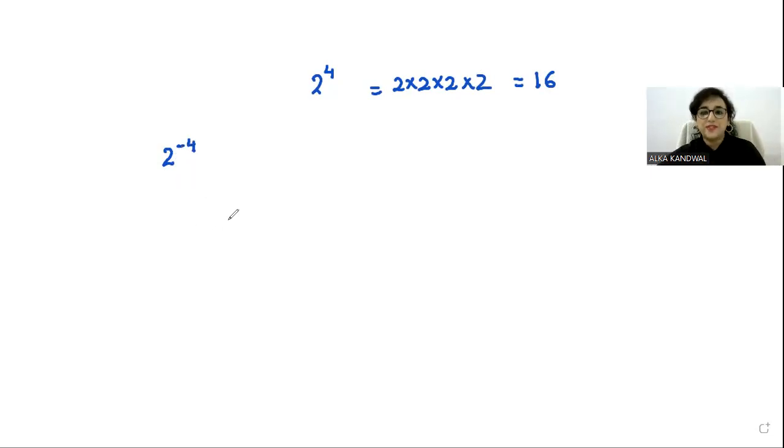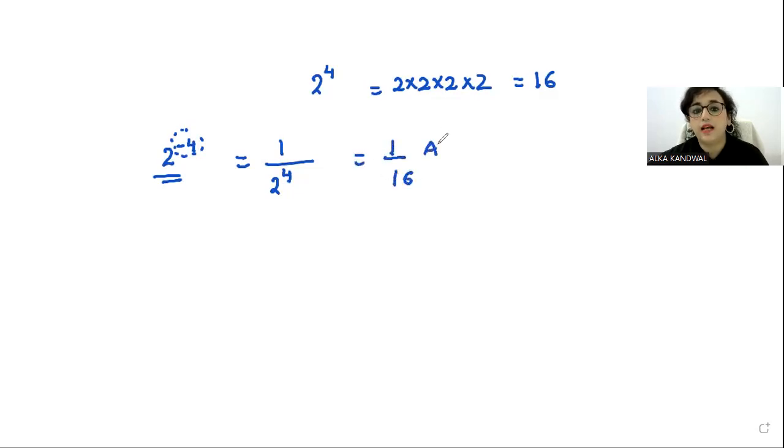जी हाँ, जरूर हो सकते हैं. So how do we represent this number as 1/2 to the power of 4. मतलब कभी भी आपको ये जो नेगेटिव एक्सपोनेंट है इसको पॉजिटिव बनाना है, तो we will place the number in the denominator. So we will be getting 1/2 to the power of 4, that is 1/16. So that will be the answer.